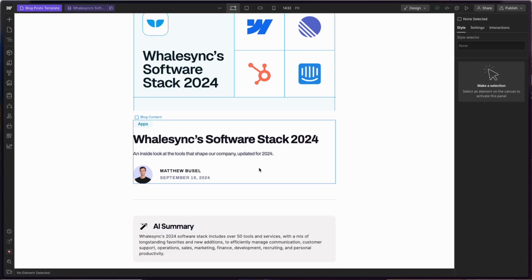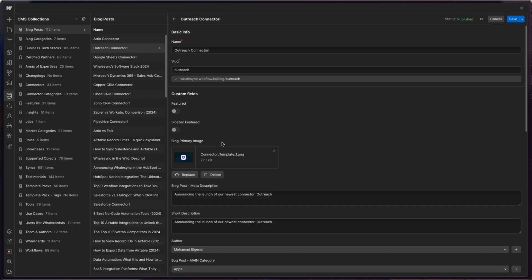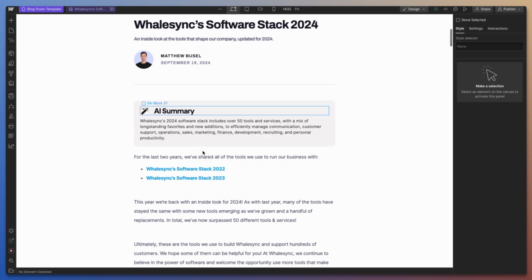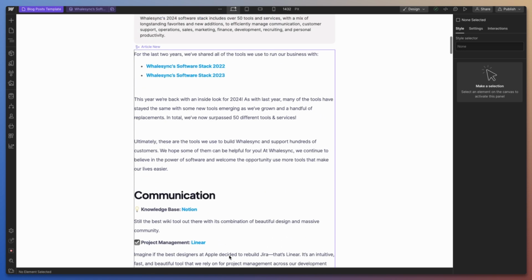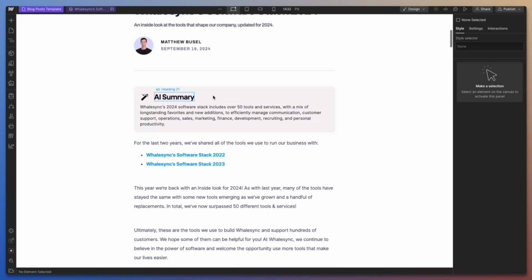I want to show you how you can add an AI summary like this one to all of your blog posts in about 5 minutes. So what this is doing here is it's basically reading this blog that I've written and just providing a one-sentence summary that I can give to my users to let them get an idea of what the blog